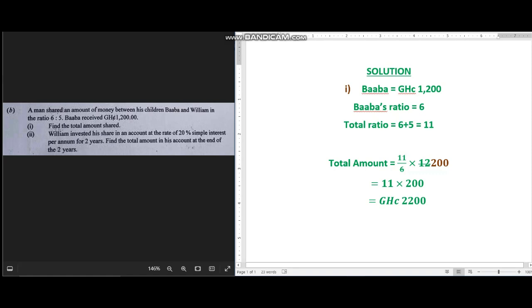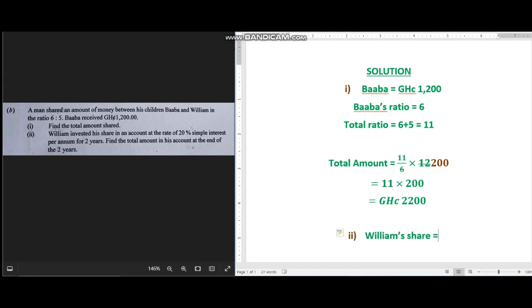For the second part, we are finding William's share. William's share will be